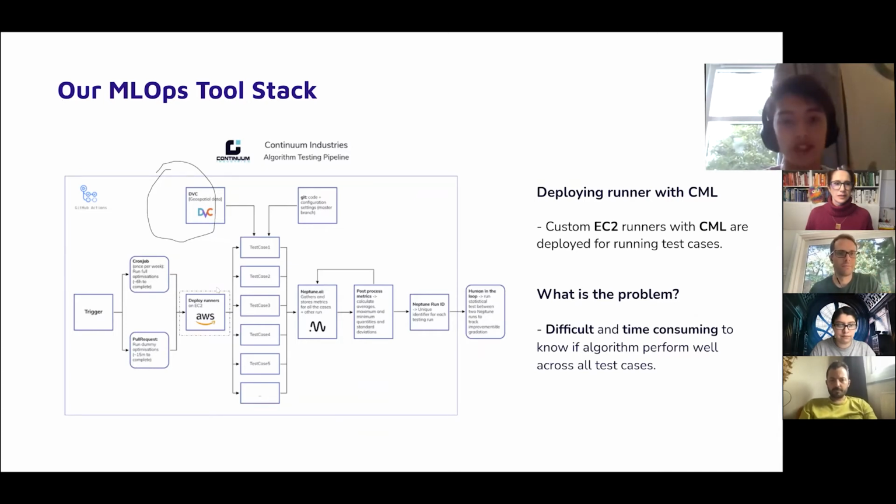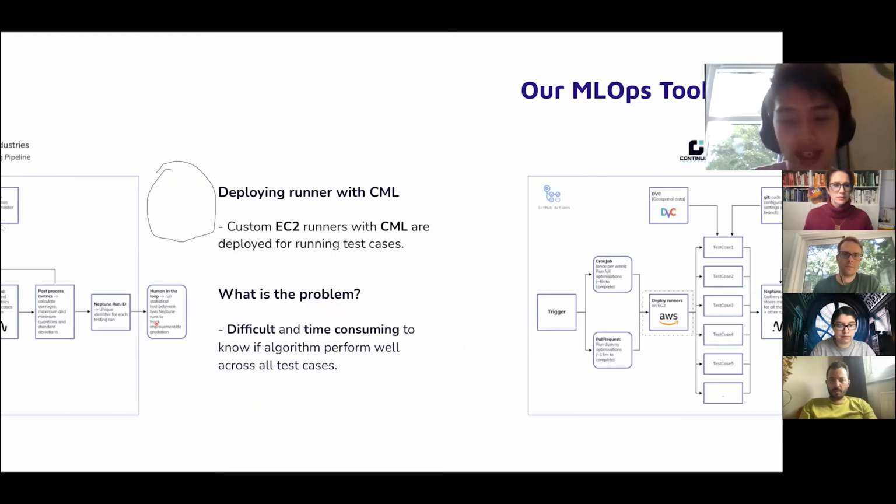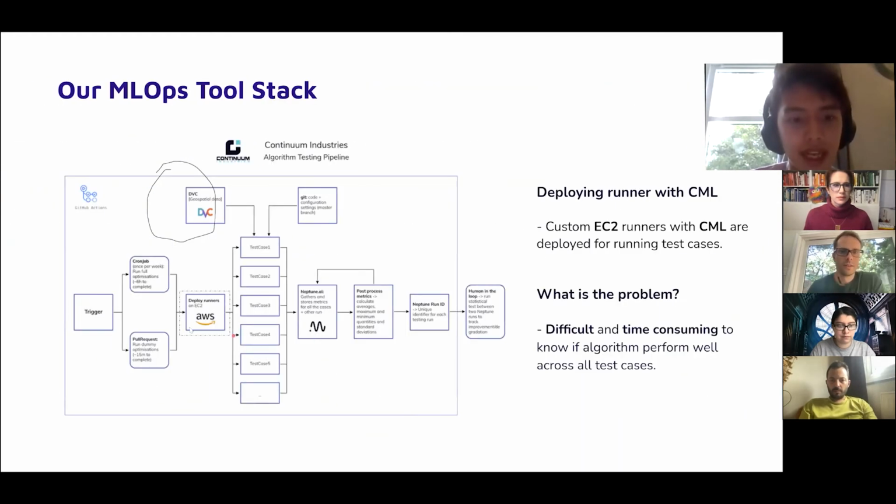I want to draw your attention to this particular stage of our pipeline. We are using CML. We're deploying a runner with CML. So this EC2 instance is deployed with CML for running the test cases. Why do we want to do it? Because